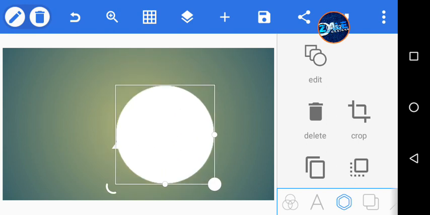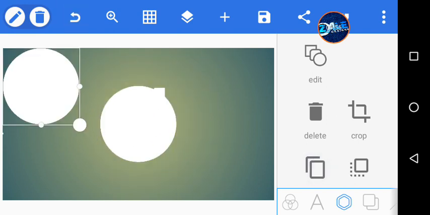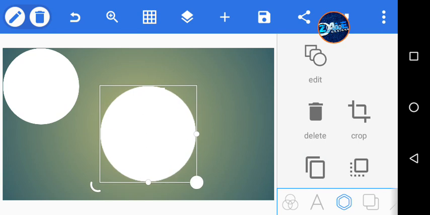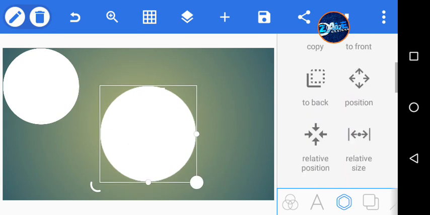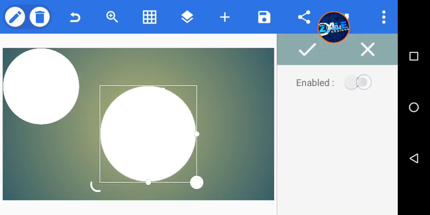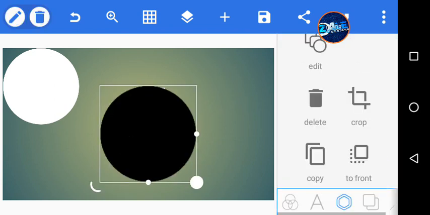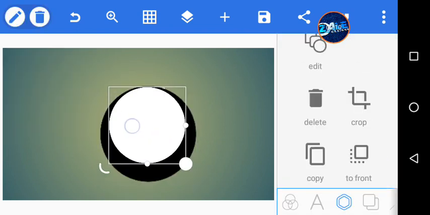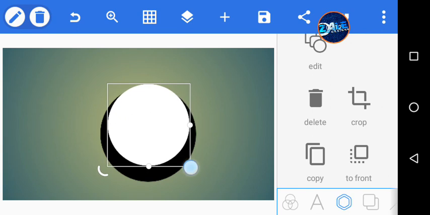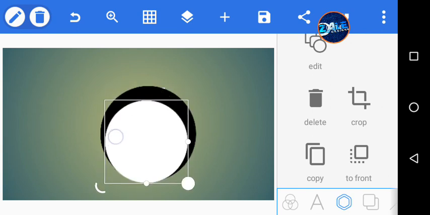Right? Let's copy this, right? Nice, and let's increase the sizing for this a little bit, and let's give this a color. Let's say we give it a color red or black. Let's give the first shape a color. I'm going to also give the second shape a color. We just leave it at white, right? So what I want to do next,